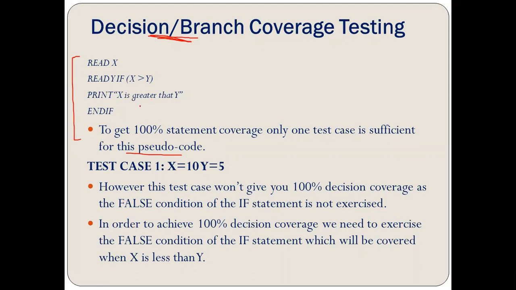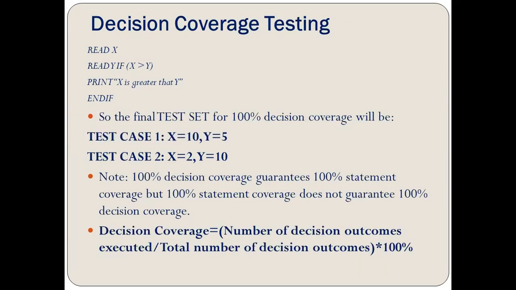Now in this condition, there is no test case needed other than one test case, right? So here test case 1 is taken, X is equal to 10 and Y is equal to 5. Only one test case is generated for this, and this is enough. But what if we have a false condition also? Let's take an example. In this, we are going to execute two conditions. What are the two conditions?